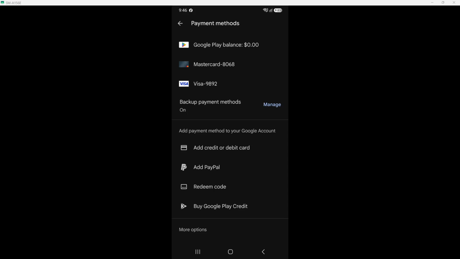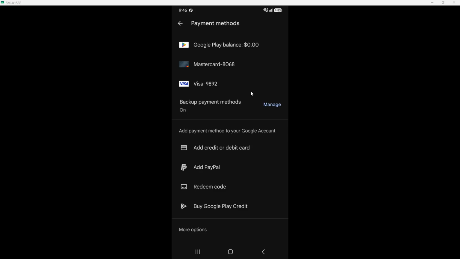After that, enter your card number in the designated field. This number is usually 16 digits long and can be found on the front of your card. Make sure to input it accurately to avoid any errors. You want to double-check this number as entering it incorrectly can lead to failed transactions.